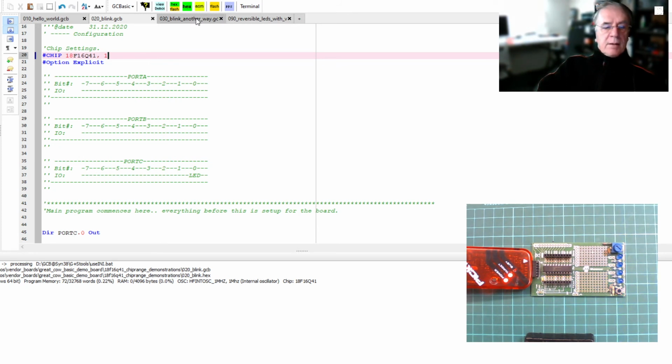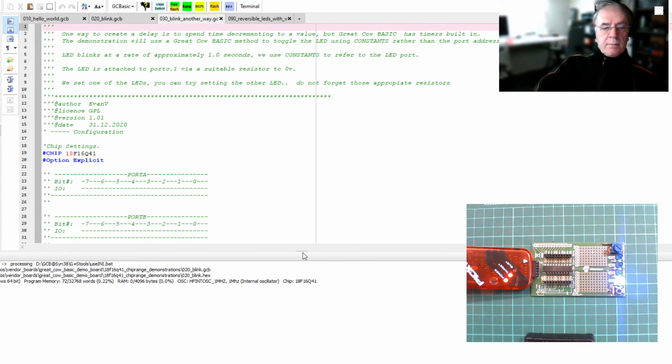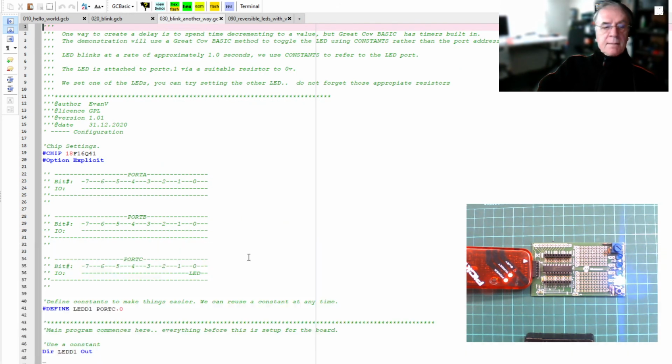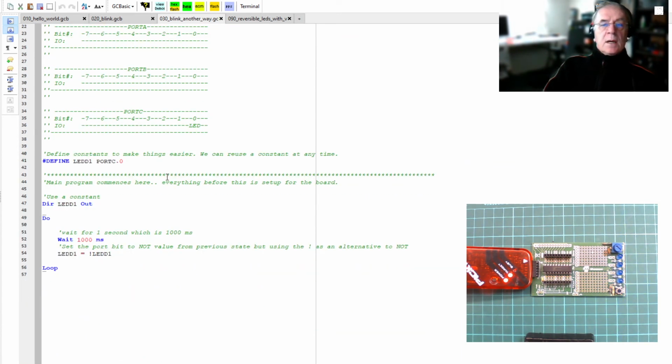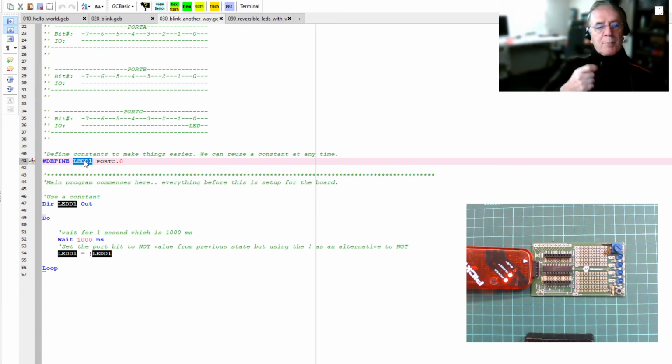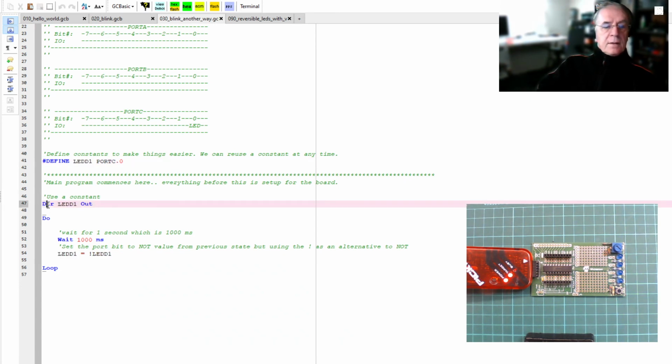Let's look at another program. This program has a similar header. It's got the chip line and option explicit, so let's not worry about that too much, but I'm introducing the concept of a constant. So port C0 is now being referred to with a constant, and that is constantly available throughout my program as LED1, and we're going to be using LED1 quite a lot, and other LED and other constants throughout the tutorials. And I've said the direction of LED1 is out,